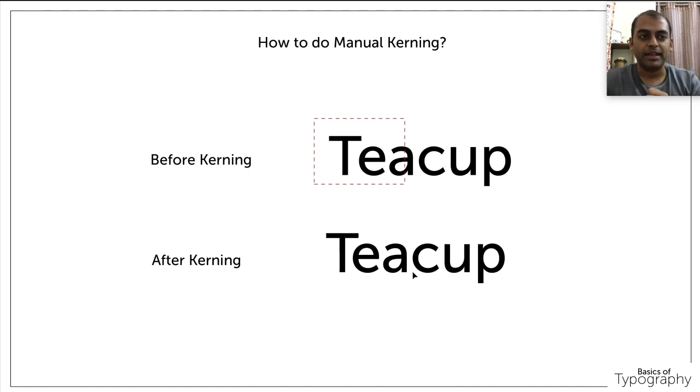Identify the trouble-making letters, let it be the slanted letter or the letter with a cross stroke. Even with a cross stroke, L or F will not be that much of a problem, but T will definitely create a problem. So identify the slanting letter and cross stroke, check what is before that letter and after that letter, and adjust the spacing. So this is the first point in manual kerning.